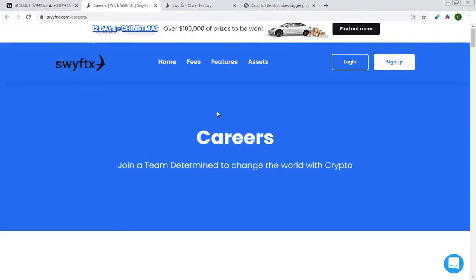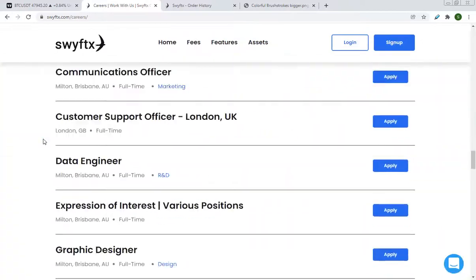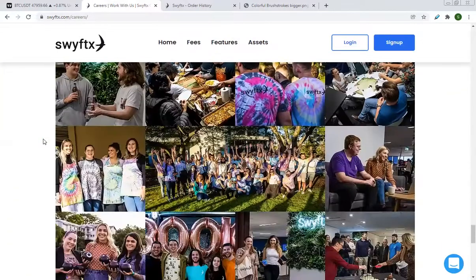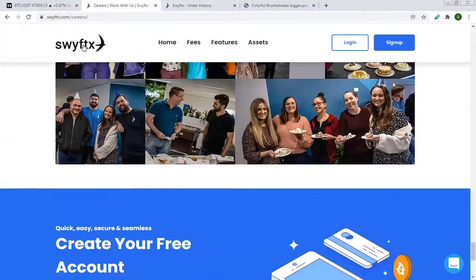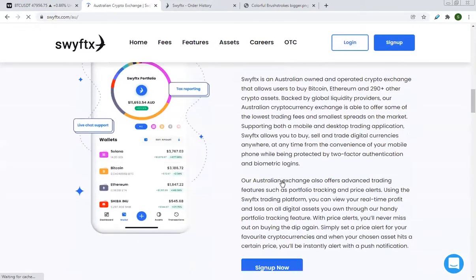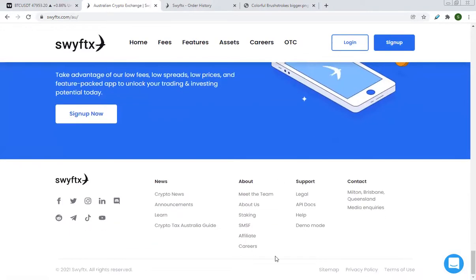So that's a bit about the platform. Let's go to the bottom where I was just a moment ago. And we'll see here, help, API docs, legal, careers, meet the team. Okay, let's go over here. Go back to the bottom. And you can see